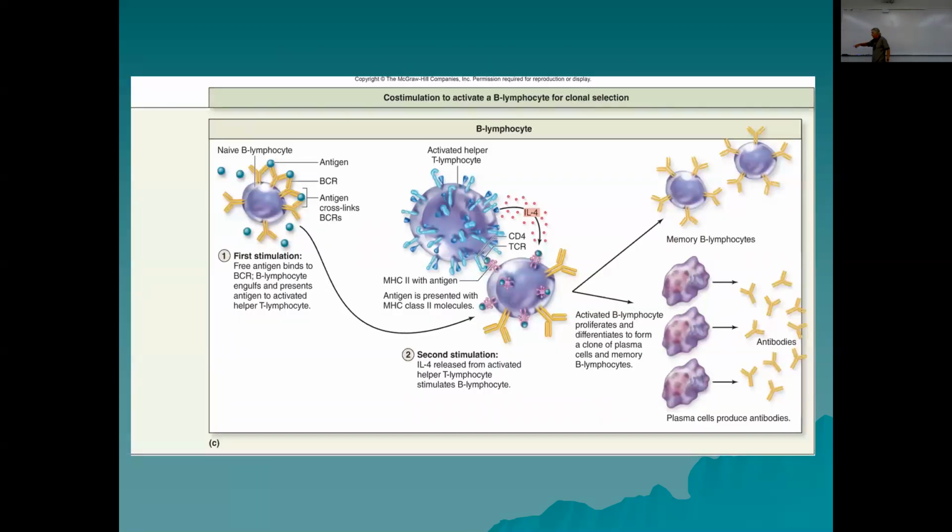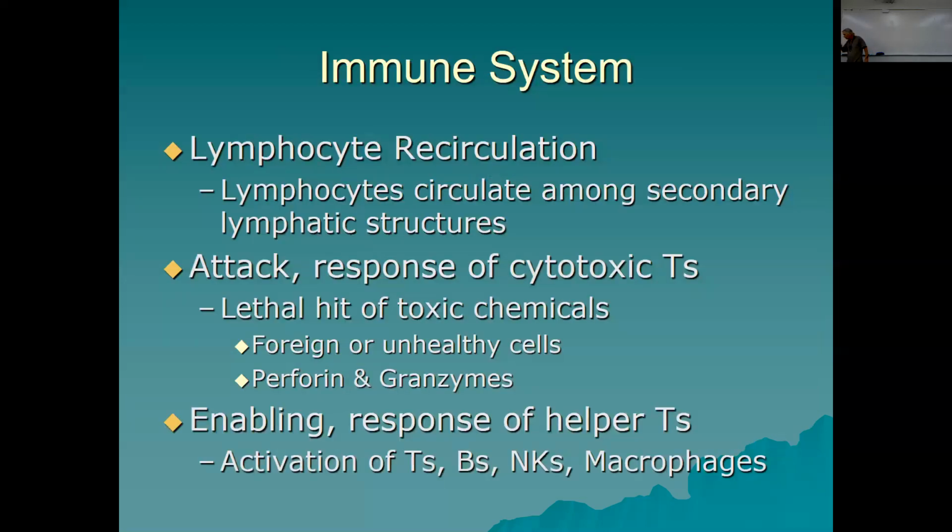So there's the figure that shows the co-stimulation to activate the B lymphocyte for clonal selection. The first stimulation: they come into contact with the antigen, the antigen is presented, along comes a helper T cell, recognizes it, binds to it, secretes interleukin-4, binds to the B cell, clonal selection. Okay,